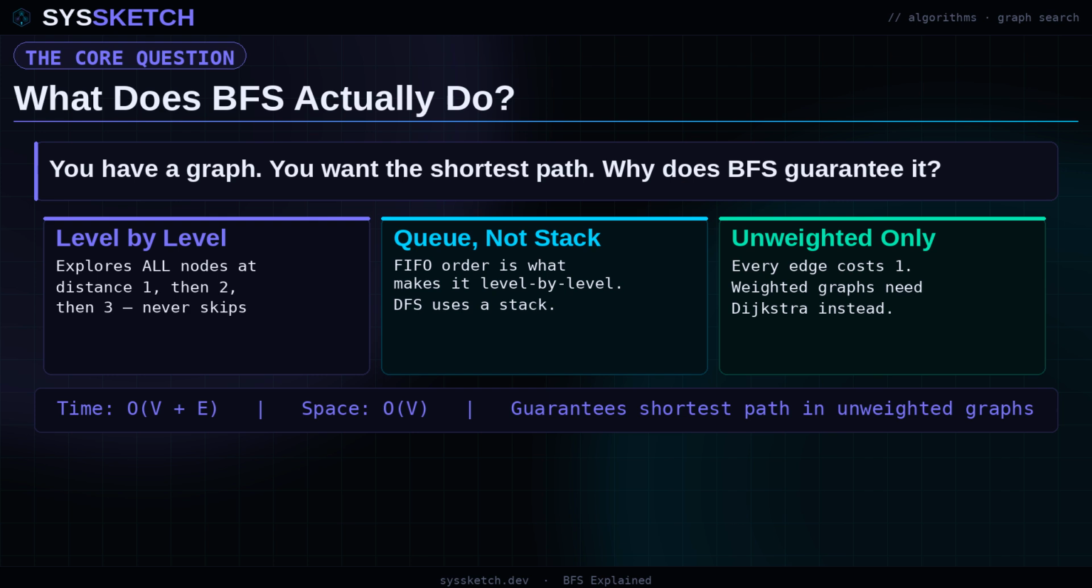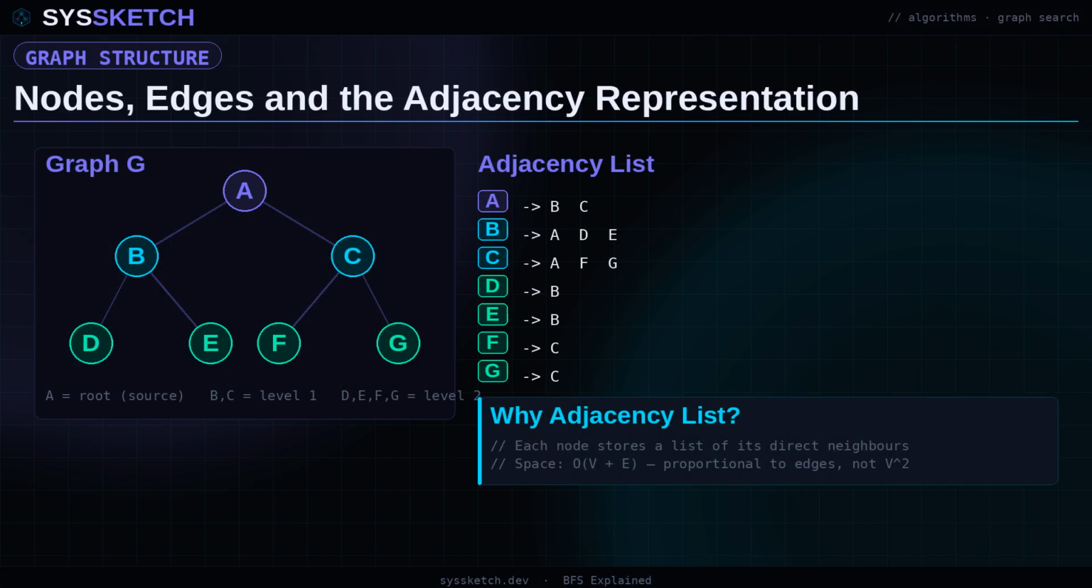Before BFS can run, the graph needs to exist in memory. The standard representation is an adjacency list. Each node maps to a list of its direct neighbors. For a graph with 7 nodes, A at the root, B and C at level 1, and D, E, F, and G at level 2, the adjacency list for A contains B and C, the adjacency list for B contains D and E. This structure uses O(V + E) space, proportional to the number of edges rather